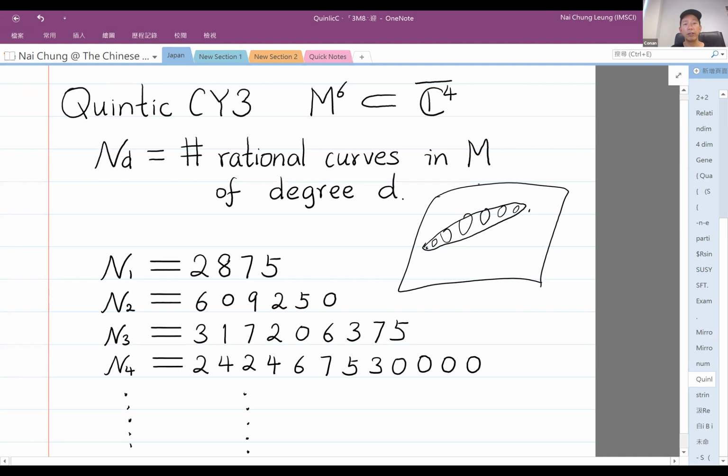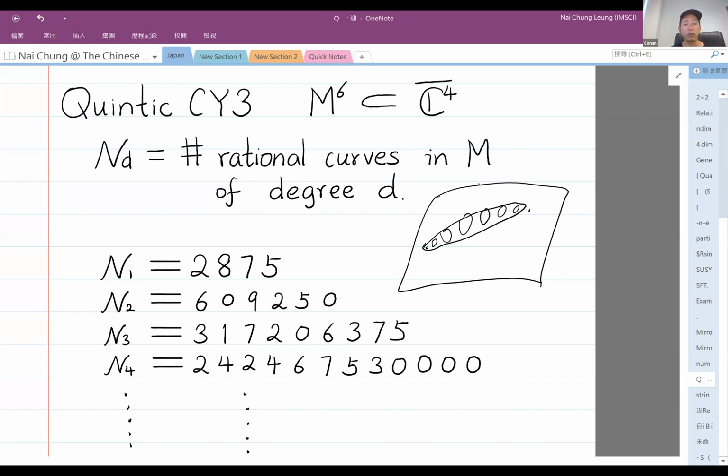So these could be very difficult. It's a quantum question. But then mirror symmetry will change it to another question, on another manifold, and that becomes like a weak interaction theory. It's related to another mathematical concept called variation of Hodge structure, where one can do a calculation, get a solution of that equation, and then transform it back to the strong interaction side, and that gives you this prediction of the number of rational curves of any degree. At that time, they just generated a table up to degree 10 because the numbers are already so huge.